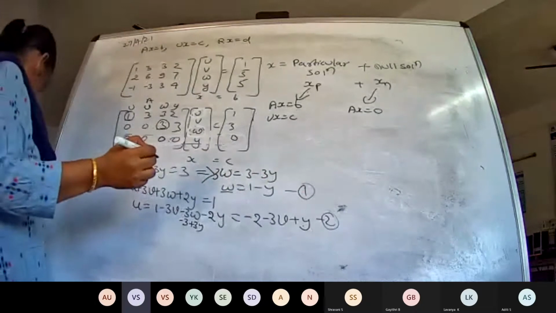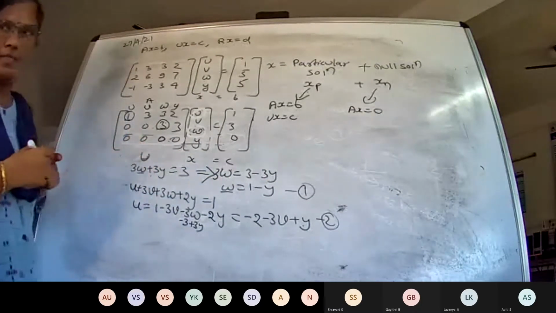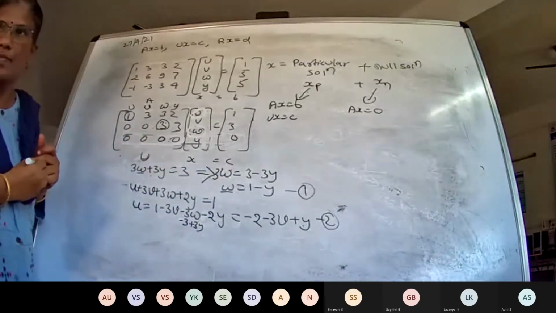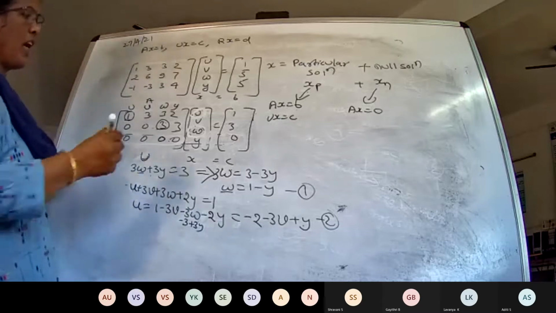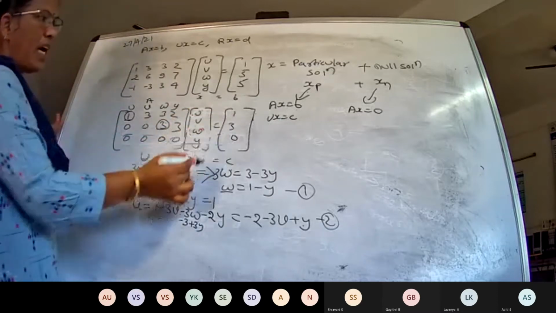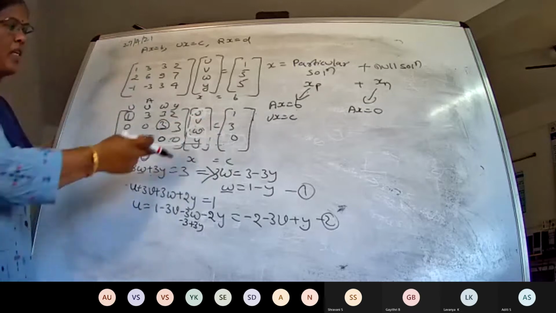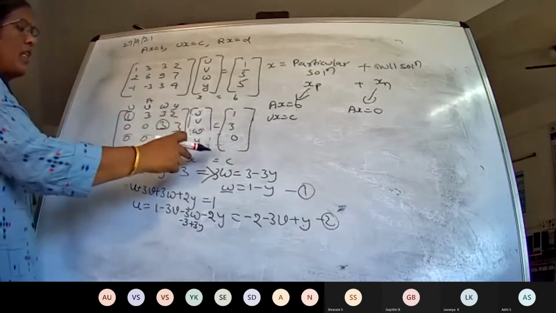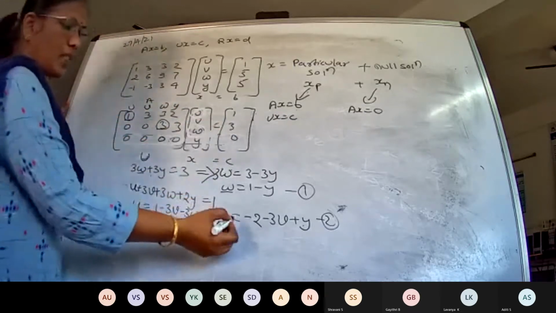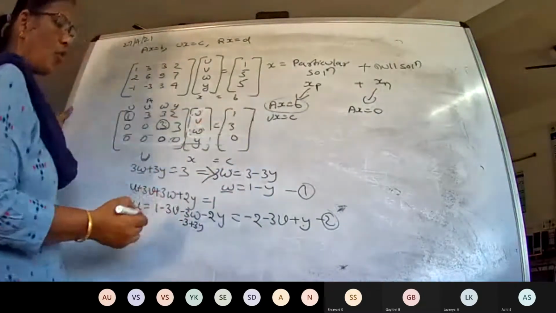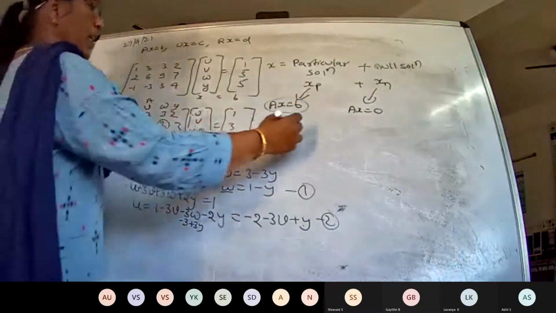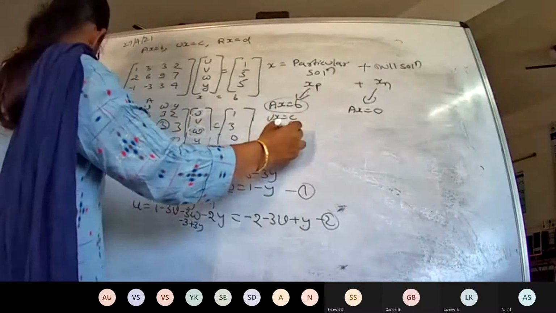Yes, ma'am. Is everybody clear with that? Yes. Ma'am, now how to write the solution? See here, we have kept B as it is. So Ux equals C is present. Now this will be a particular solution. We are solving this. So how do we write that? We will be writing X equals to,